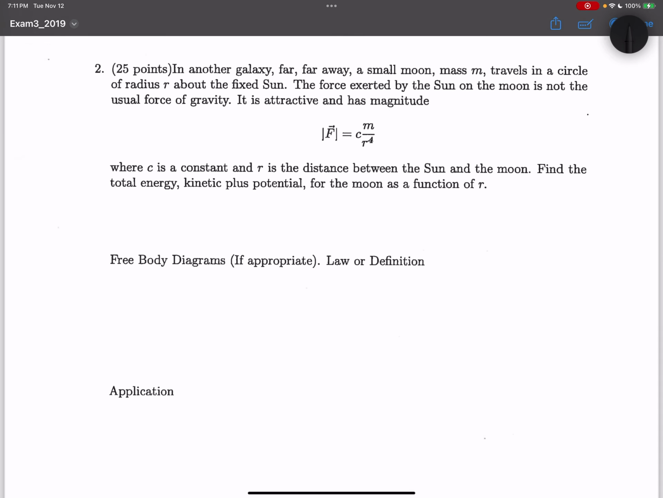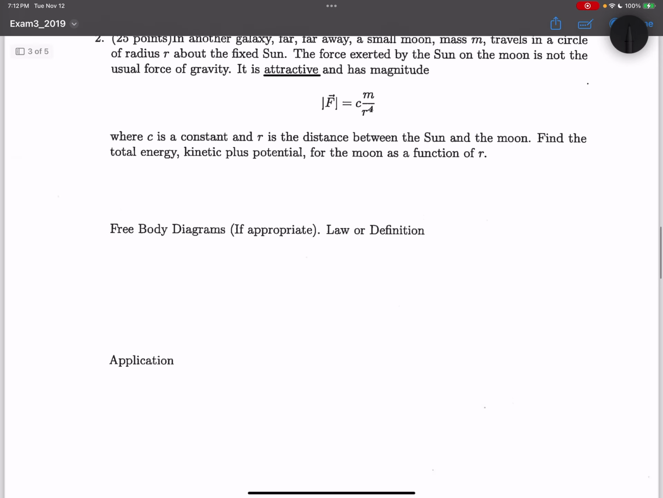In another galaxy far, far away, a small moon of mass m travels in a circle of radius r about the fixed sun. The force exerted by the sun on the moon is not a usual force of gravity. It's attractive and has the magnitude given here. So we see that it's an attractive force, and it's not the usual force of gravity. C and R are constants. So find the total energy, kinetic and potential, for the moon as a function